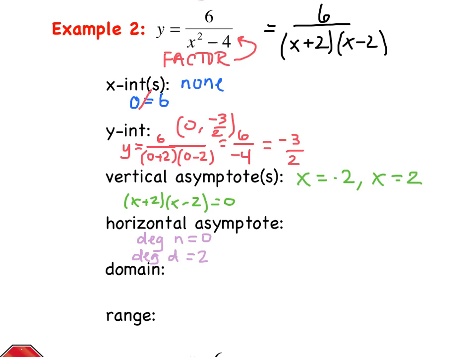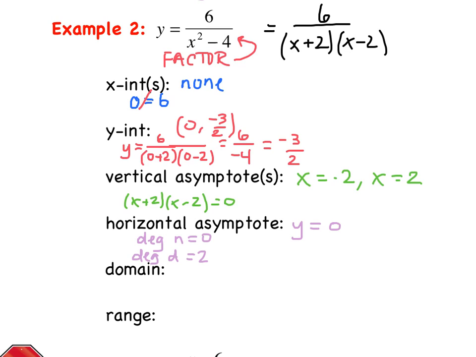So the degree of the numerator is smaller than the degree of the denominator. Look back at the other side. What does that tell us? I'll give you a second to look. Okay, so hopefully you recognize this is the first scenario we talked about. And when the degree of the numerator is less than the degree of the denominator, our horizontal asymptote is y equals 0. Okay? Then we can quickly fill in the domain and the range because they follow the vertical and